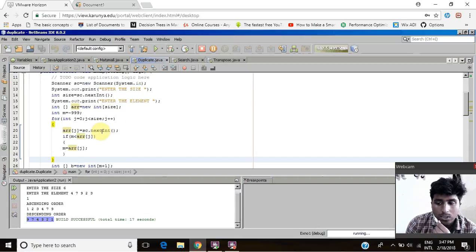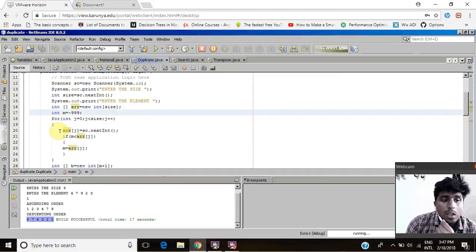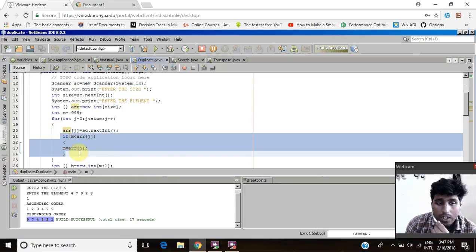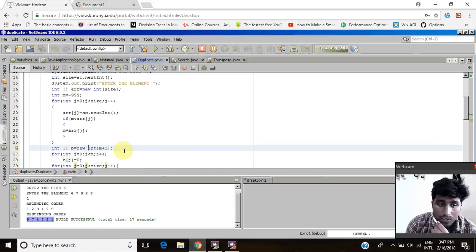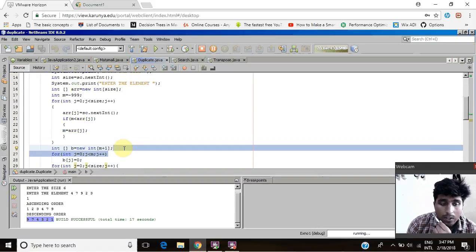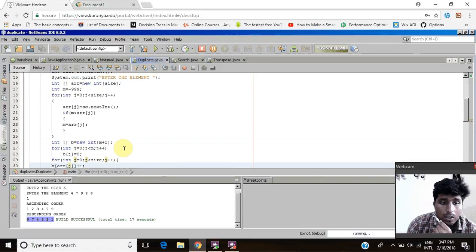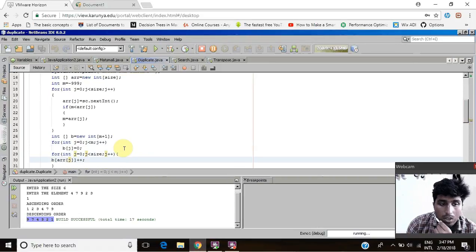So this is only possible if the numbers are all positive, and that's a drawback. But this is an efficient way of doing it. Instead of n square, we would get a complexity of n. So we find the maximum element in the array, and we create another array of m plus 1 size, assign it all to 0, and then we traverse through our first array